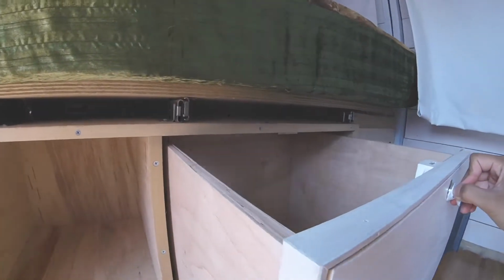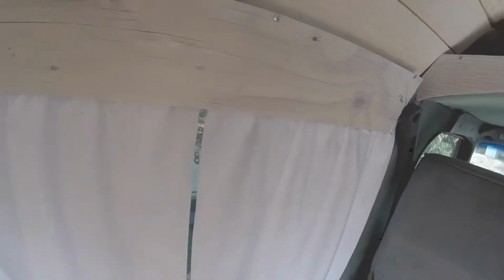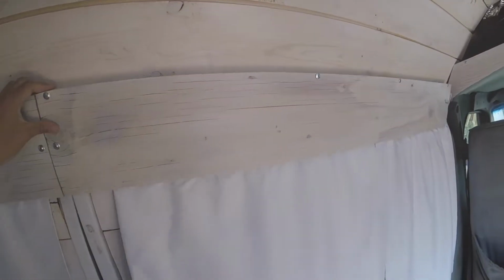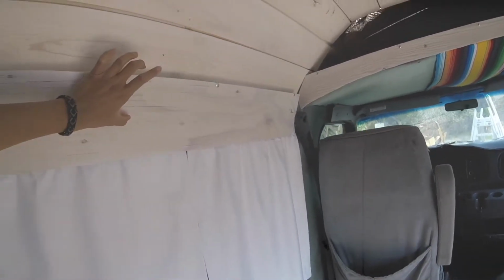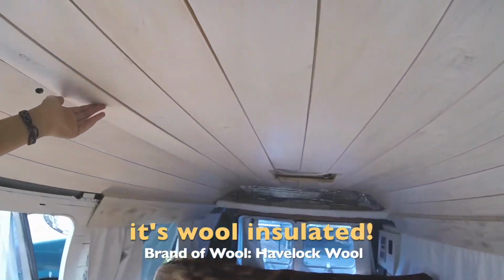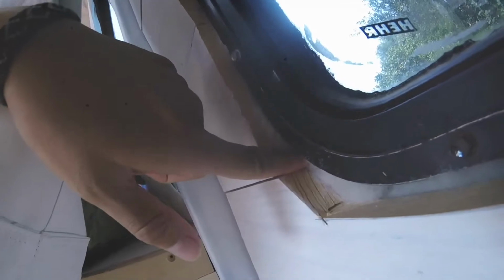Large drawer. And these are all blacked out curtains. So they help with insulation and also keep it nice and dark for stealth. Made these window panel things to hide the metal framing of the van that's behind it. Wool insulated. Havelock wool. You can see it sticking out like that. It looks like that. It works great. I'm going to show you how the bed